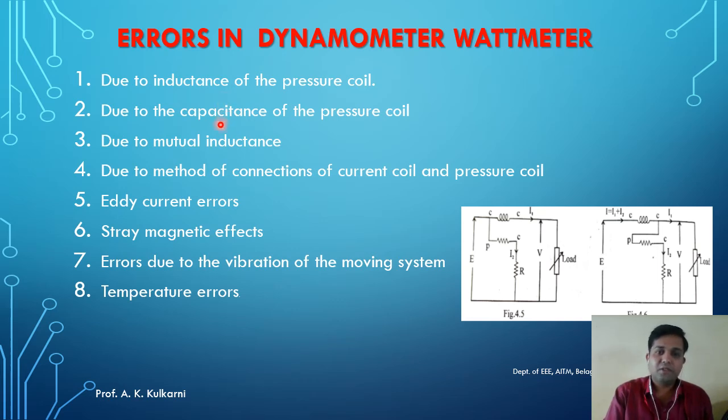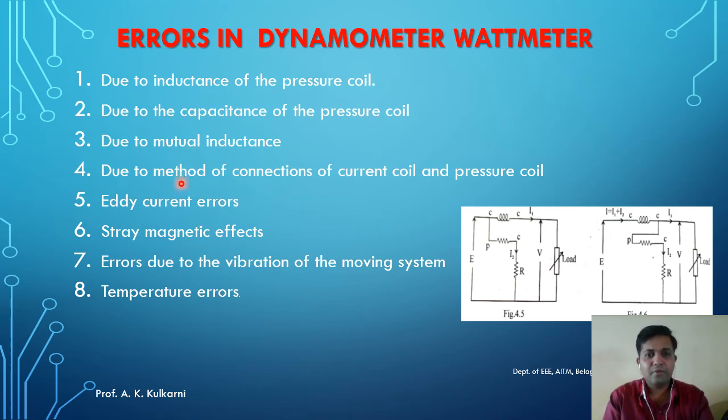Similarly, due to the presence of capacitance also, an error will occur in the wattmeter. And as we know, there is mutual inductance occurring between the fixed coils, so the density of the flux will also play a vital role over here. If the flux between the fixed coils is more, it will have the tendency to interact with the flux of the moving coil. So due to that, what will happen? An error will be created in the wattmeter.